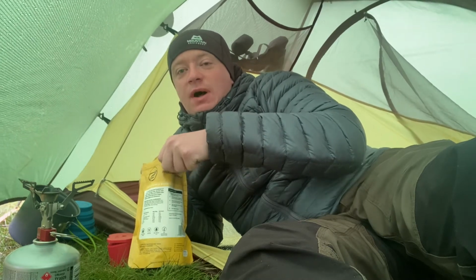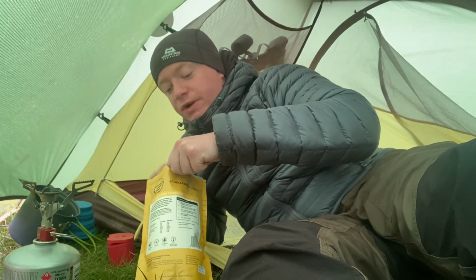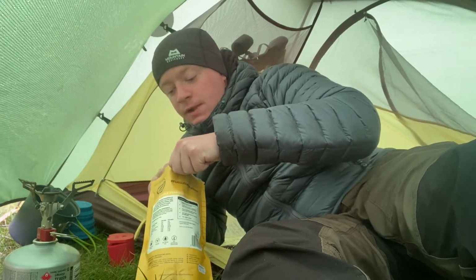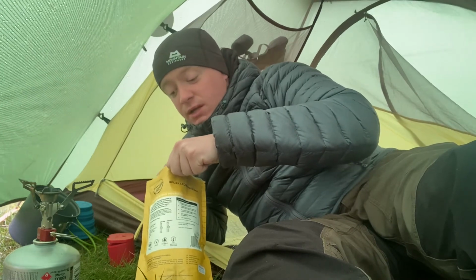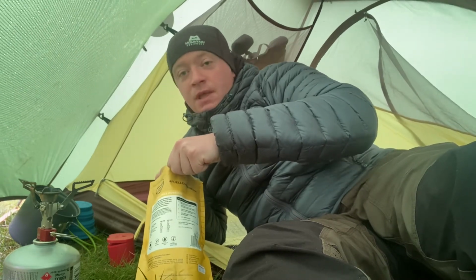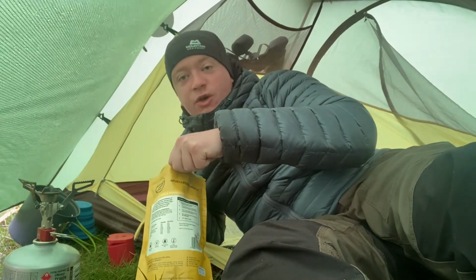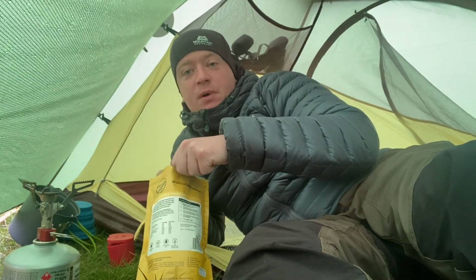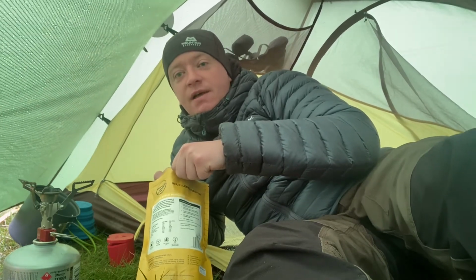Consistency wise, it is quite runny, so maybe I've put a little bit too much water in, but there's certainly plenty of apple in it, and you can taste the cinnamon. As you've probably seen on some of my other videos, I'm not really a big breakfast person, so I'll normally just grab a breakfast bar or whatever before heading down, but because we've got a second day planned today and plenty of walking,